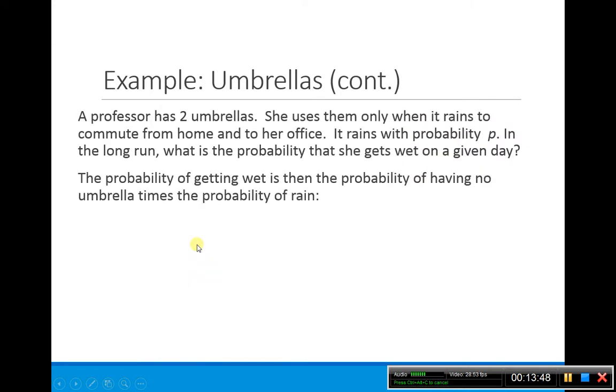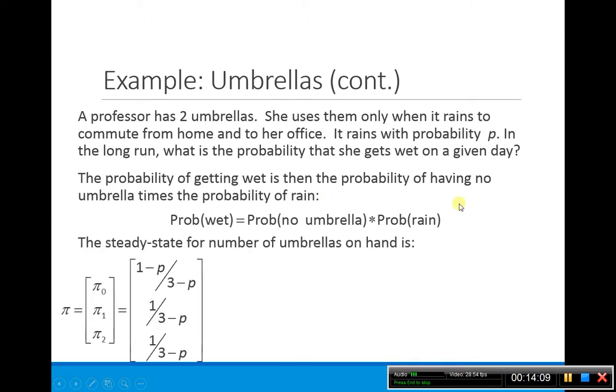Okay, so if I want to get the probability of getting wet, then that's the probability of having no umbrellas times the probability that it's going to rain. So you have to have two things happen. You have to have no umbrellas, and then you have to have rain. So the probability of getting wet, again, just what I just said, is the probability of having no umbrellas times the probability